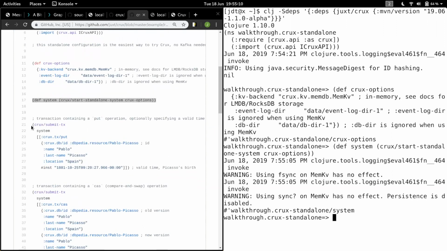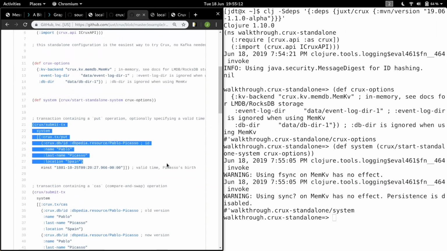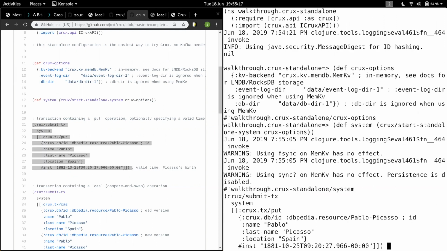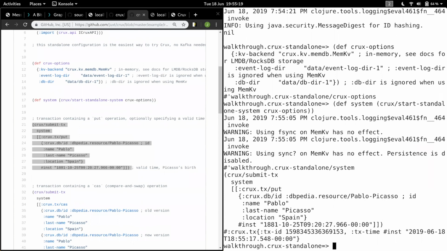So we're going to submit our very first transaction, which may actually be the very first time a transaction is being submitted on stage anywhere in the world. There you go. So you can see it's returned a couple of bits of information. So one is the TXID, which essentially is the Kafka offset. Now, in case you're wondering, we're not using Kafka here though, but we use a single Kafka topic with one partition for the transaction log. So that's always a monotonically increasing number. But yeah, as I said, this is in memory. So that's what that number is.